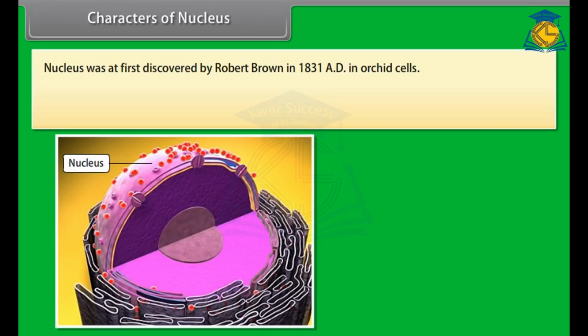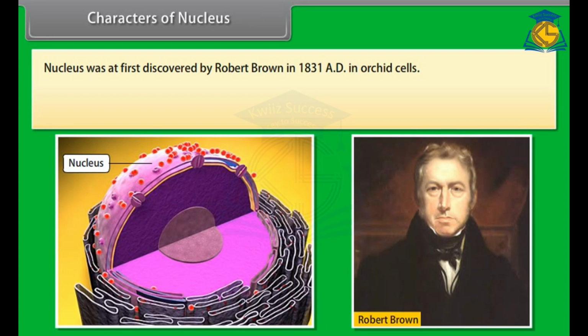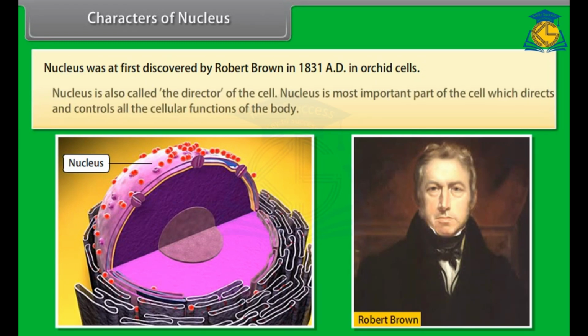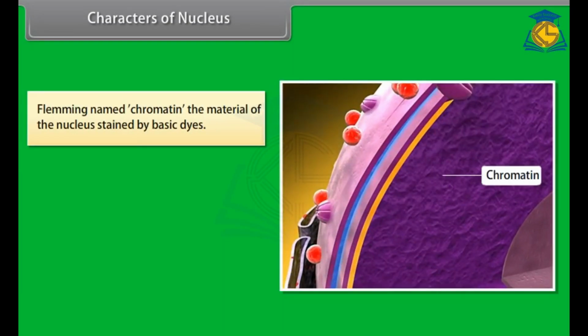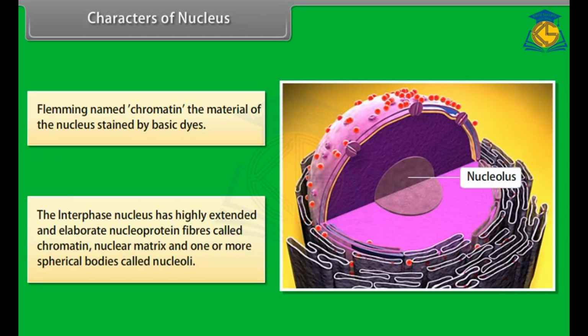Characters of nucleus. Nucleus was first discovered by Robert Brown in 1831 AD in orchid cells. Nucleus is also called the director of the cell. Nucleus is the most important part of the cell, which directs and controls all the cellular functions of the body. Fleming named chromatin the material of the nucleus stained by basic dyes. The interphase nucleus has highly extended and elaborate nucleoprotein fiber called chromatin, nuclear matrix, and one or more spherical bodies